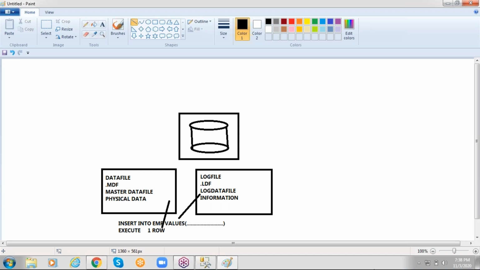Right. See, coming to the next scenario. We stored the data file and log file somewhere in the disk. Okay, fine. Disk means some storage capacity will be there. Shamil, tell me, any question? How many data files can one database have? There is no limitation. You can go for any number of data files and log files.